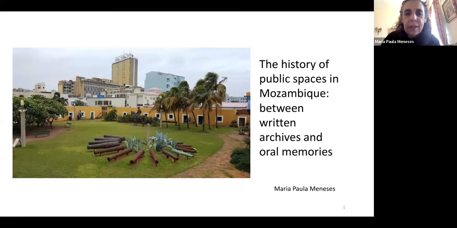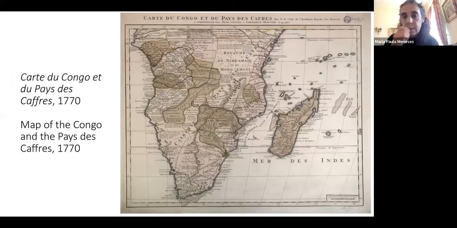Okay, this is the fortress, a pastiche of a fortress. It was built to become a symbol of the Portuguese long-time occupation. I'll talk about it in a while. But what I was trying to get across is the need to go back to imperial archives and